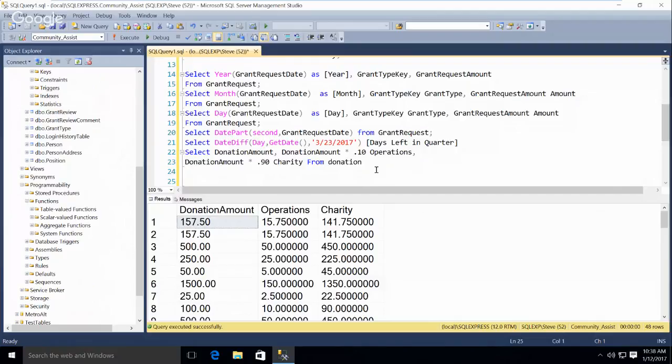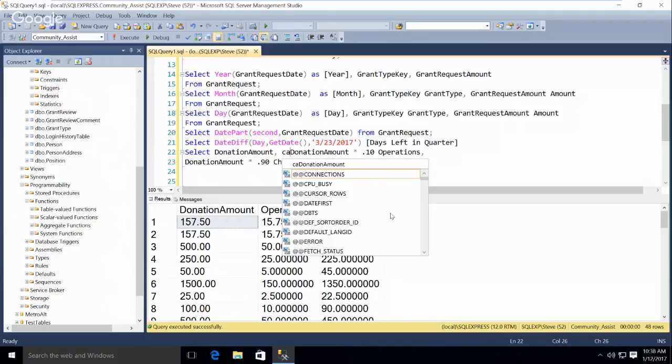Sometimes you have to cast things. Let's see, where would I need to cast? I'll just show you the basic function. These are decimal already, so I don't really need to do any casting here.